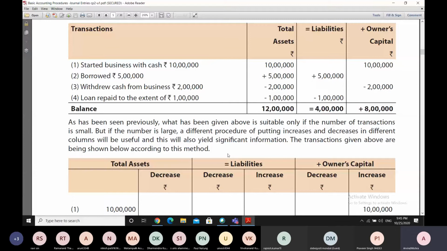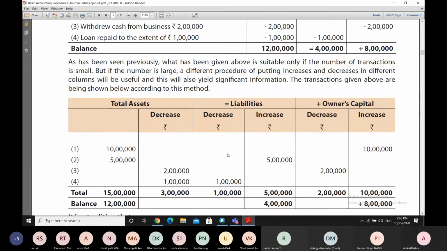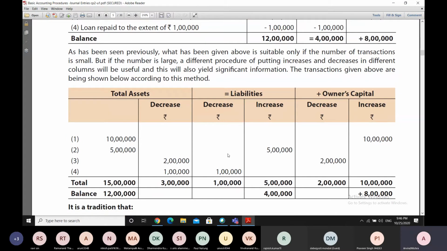So which is that more significant method of putting that information? We do it like this, with the same above transactions,